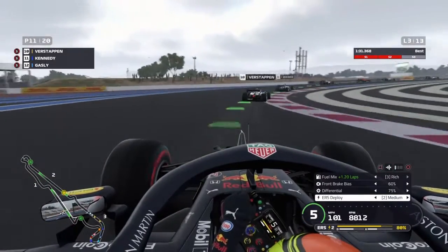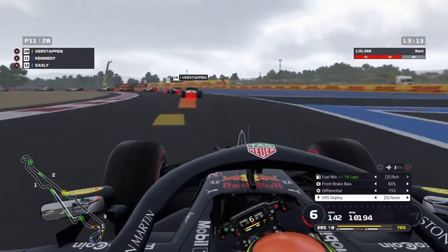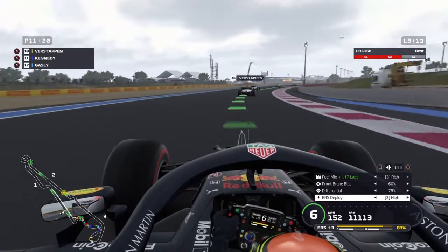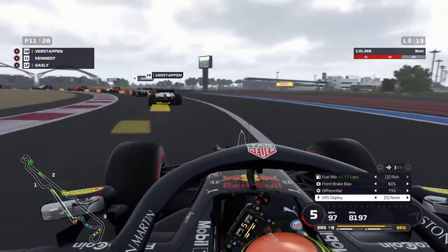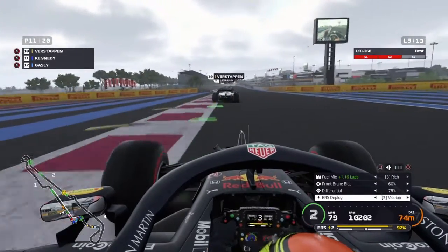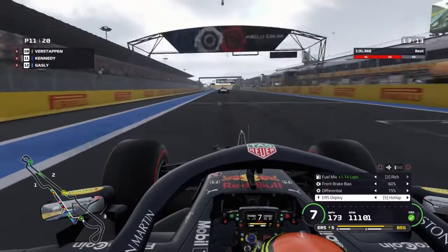However, back to the race, back to Red Bull land. And we are still keeping in range with Max Verstappen. It seems like they're a little bit slow here. Of course, we are the 4th best team now after those upgrades we did. I don't think I told you, but we upgraded our car a lot. And now we have a lot of downforce and our chassis is very strong. So now, just need to focus on staying on the back of these guys. Of course, it's going to be tough to stick with them on the straights, but...